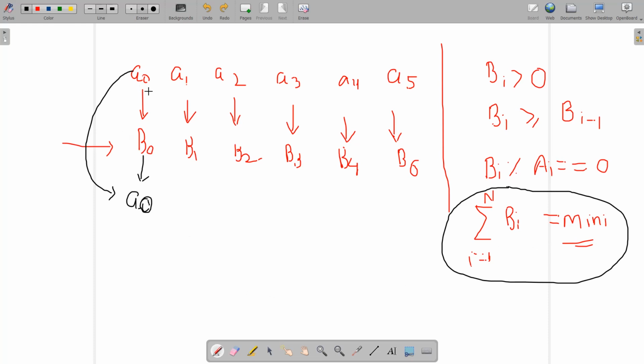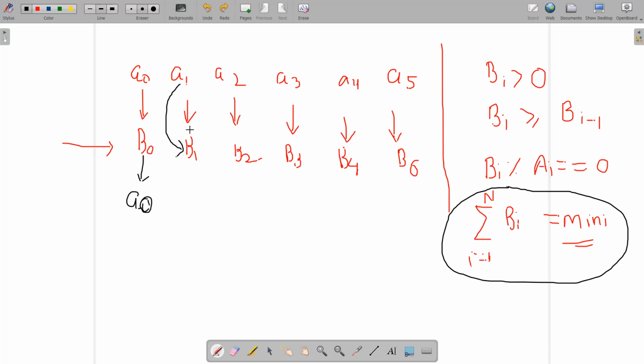You can also put twice of a0, and still a0 is dividing this b0, but to make this minimum I will be putting exactly a0. Okay, so if I have done that, let's check how we can do the next one. We need to just ensure that b1 should be greater than or equal to b0, right? And a1 must be dividing b1.